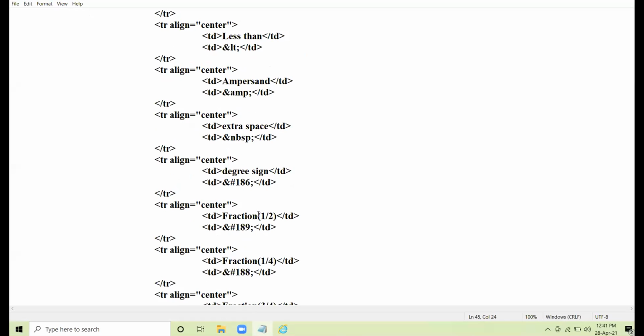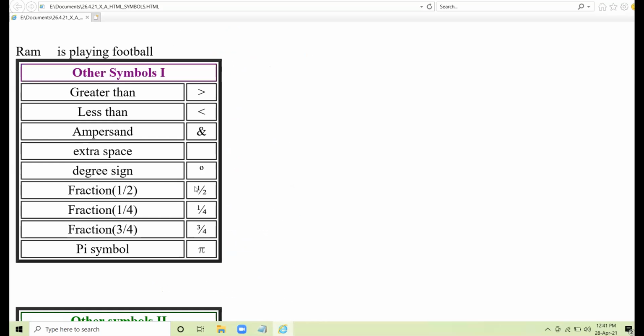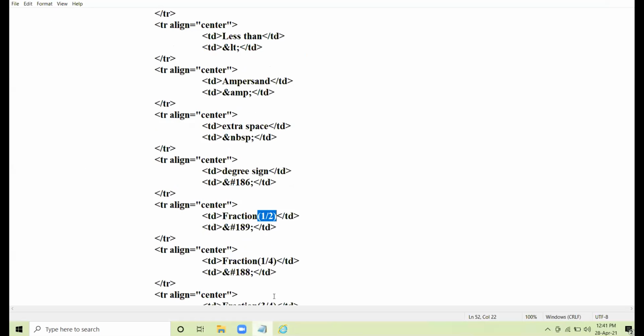Okay. So next is fraction. How to write half? How to write this in fraction form? Ampersand hash 189 semicolon is the HTML code for inserting half fraction.